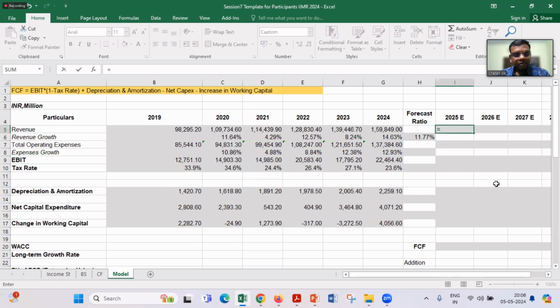I am showing you the ways and means of how people are going to forecast. So how to do this for 2025? I'll pick up 2024, multiplied by 1 plus 11.77, close the brackets. Is it clear? Now repeat this for the rest of the years.